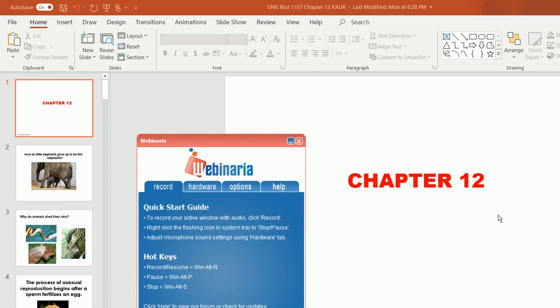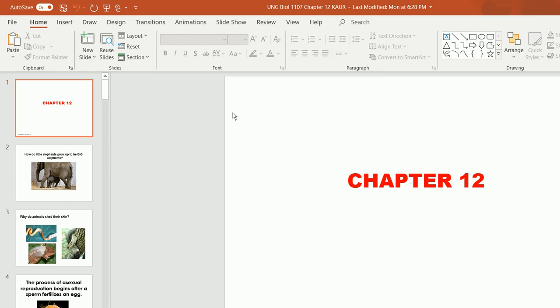Let's discuss chapter number 12. Chapters number 12 and 13 are connected chapters because they are on cell division. So basically, I'm going to divide chapters 12 and 13 into three different parts. In the first part, I'm going to talk about